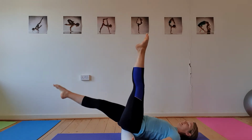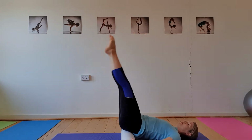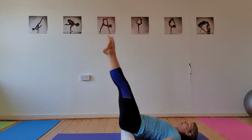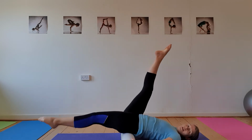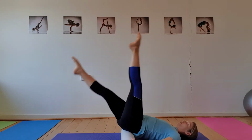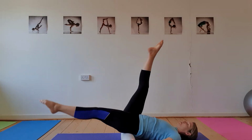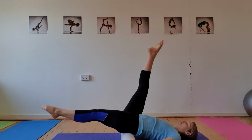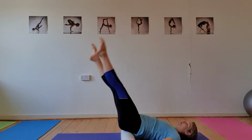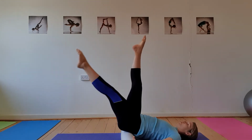So to challenge the exercise more, we're going to start to speed the legs up. Try and keep matching your movement with your breathing. So blow the air out as you switch, and then blow the air out as you lower one foot, inhale to switch. Getting a little bit faster, but not losing your rhythm and not losing your breath. Good, and we'll go for another 6, 5, 4, 3, 2, 1, and then bring both feet up into the